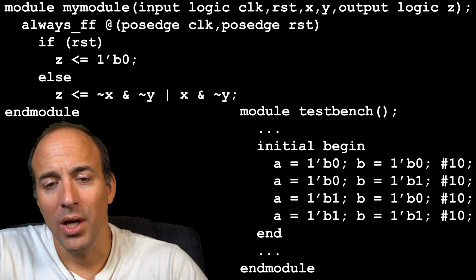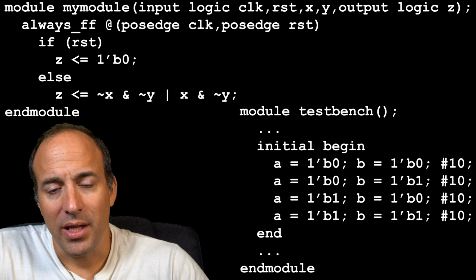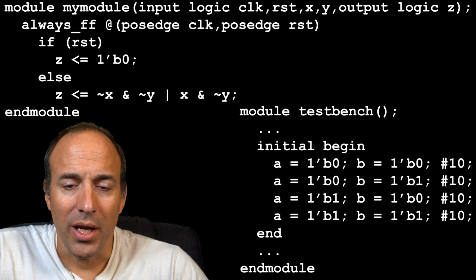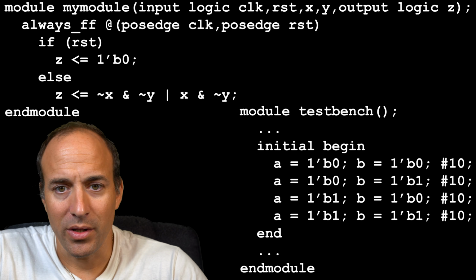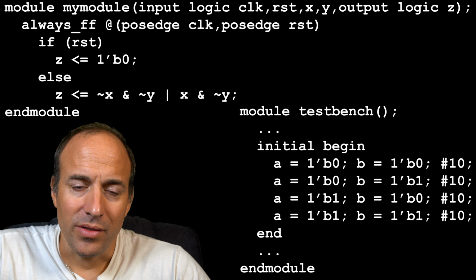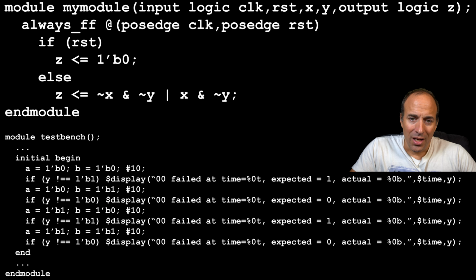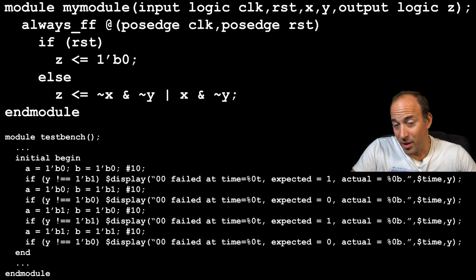So in this example, I am setting the input values A, B, and then waiting for 10 simulator time units in between each set of inputs. You can also use an initial block, again, either the same one that you use to set the inputs or a separate one, to verify if the actual output coming from the design under test matches what we expect the outputs to be